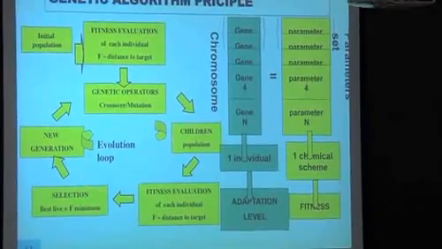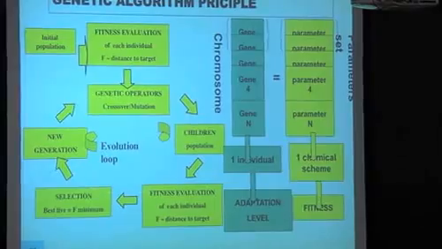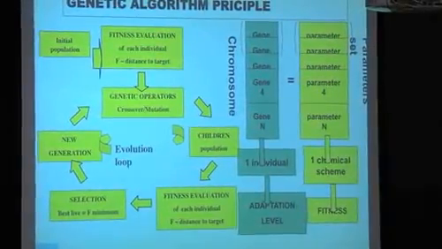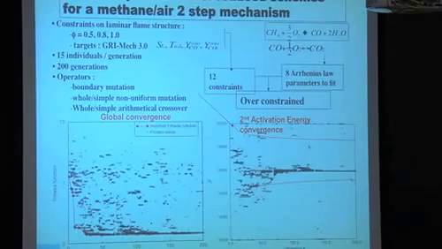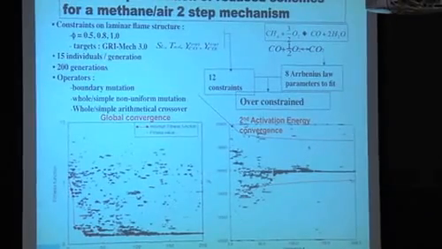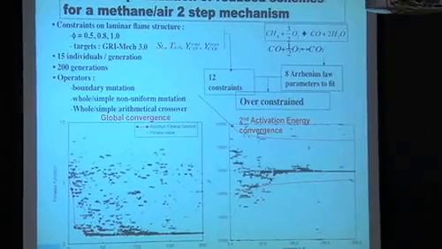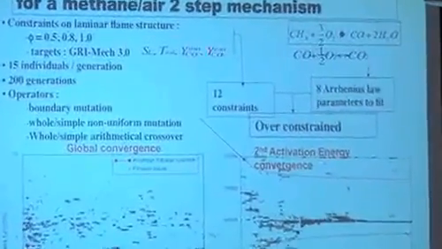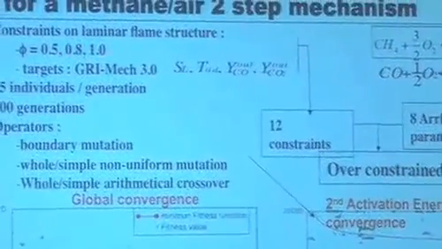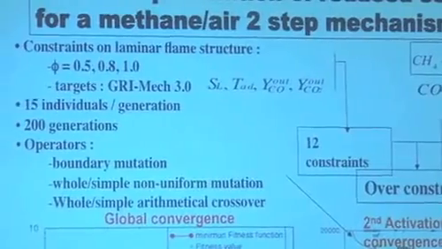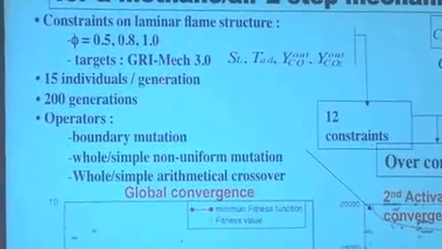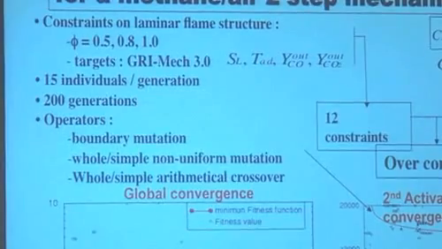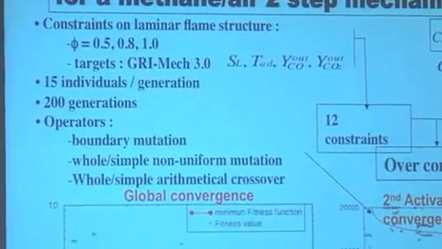And you let the computer basically run the adaptation loop of a genetic algorithm until you converge to a scheme in which you have all the reactions. So this is an example where we are computing things for GRI-Mech, where the target was to have the right flame speed, the right temperature, the right CO, the right CO2 level, and we had 3 levels of equivalence ratio. So you put that as a cost function, you compute them with GRI-Mech, and then you compute them with your reduced scheme, and you try to change all coefficients until you converge.